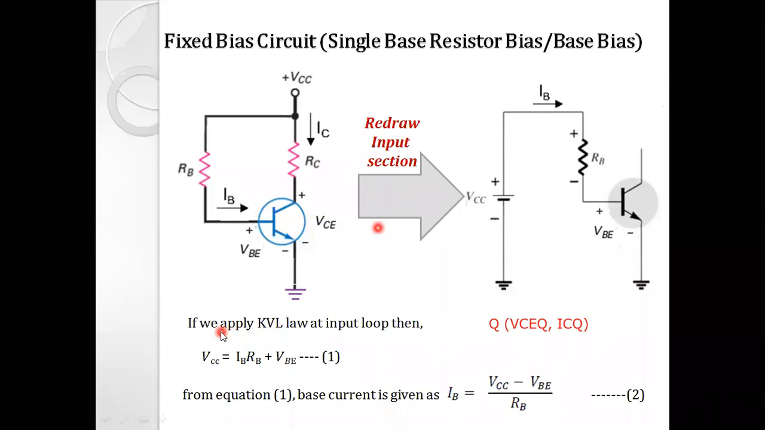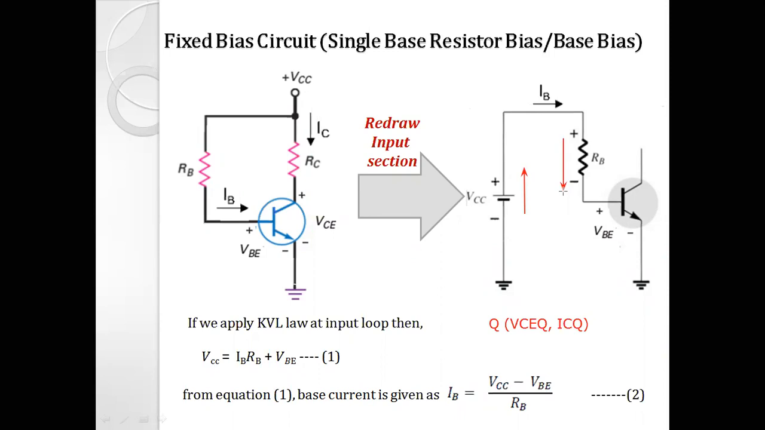So for the input section, when we apply KVL, that is Kirchhoff's voltage law, we get the equation VCC is equal to IB RB plus VBE. How do we get this equation? We can get it by applying KVL at the input side, going from the negative to the positive terminal. So we get the first term as plus VCC. Then going through this RB resistor from the positive terminal to the negative terminal, the voltage drop takes place across